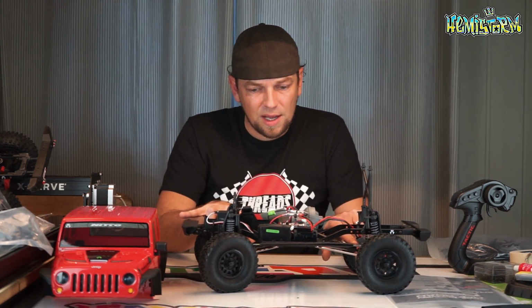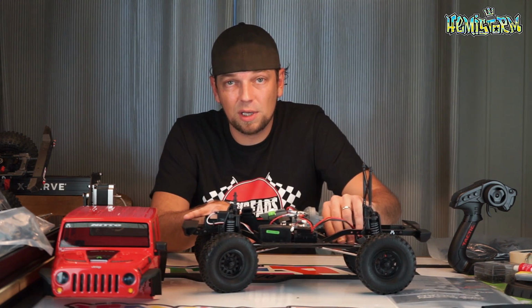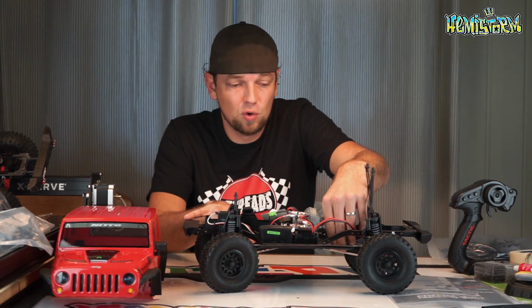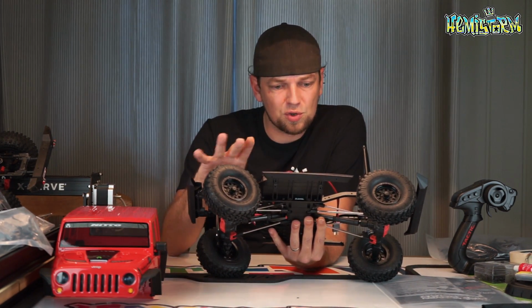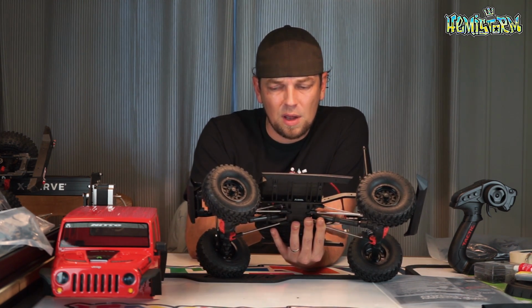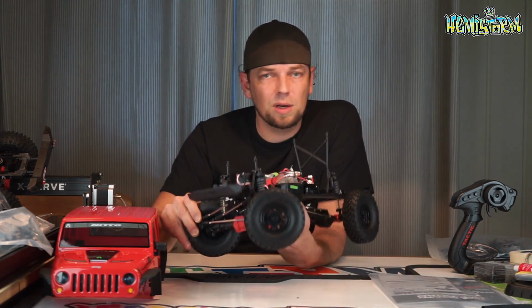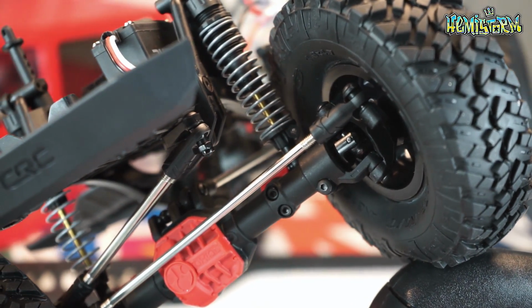So you can tell that these telescopic drive shafts are actually really good as well, because I've never had a lot of problems with them. I think I snapped two in my lifetime, but these go to the transmission. As long as you keep your truck light, you will not run into any issues with those plastic drive shafts. If you're really in a bind and you start doing some stupid stuff, that's where you will snap them, just like I did. The front has universals, so no dog bone construction, but actual universals to get you all this